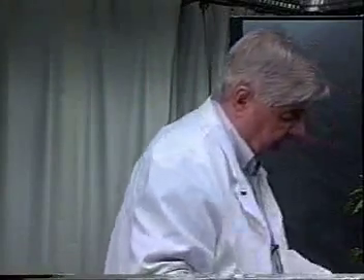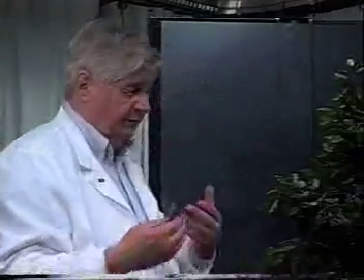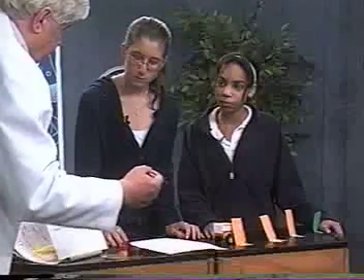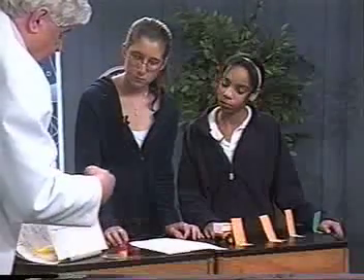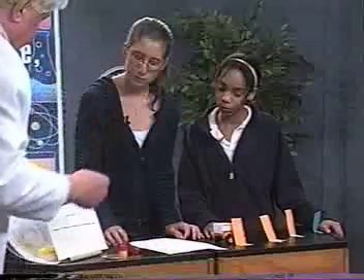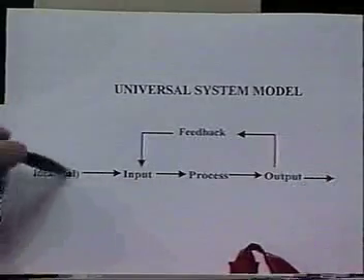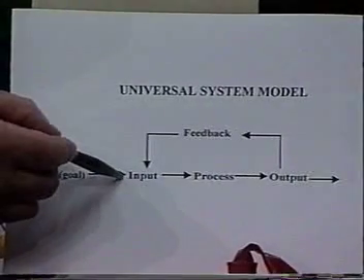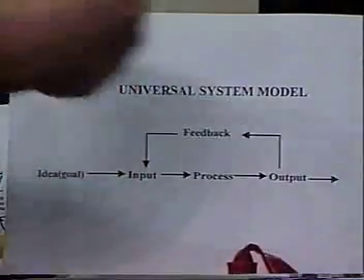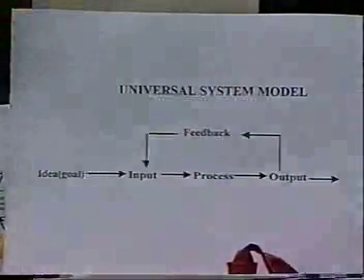Right, so that universal systems model that we have applies to all kinds of things, right? It starts out, we have a goal, something we want to do: ride a bicycle down the street, drive a car down the road, drive the car around the pylons, put a rover on the moon and have it go explore things, right? And we give it some sort of input to make it start doing that. We have some sort of a process that makes it move, right? And we get an output, which is the result,